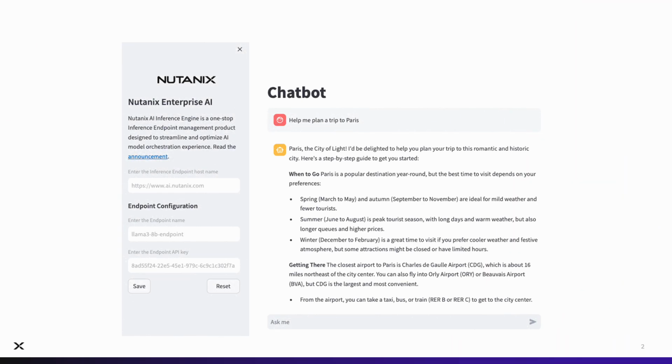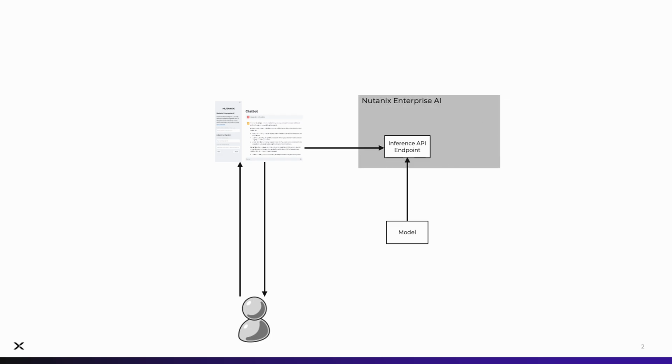Taking a popular Gen AI application as an example, a simple chatbot, you have a user who's interacting with the chatbot. And on the back end, the chatbot is querying an endpoint via API, and this endpoint is backed by a model. This is known as inference. You can also leverage techniques such as retrieval augmented generation, but here we're just going to focus on the simple